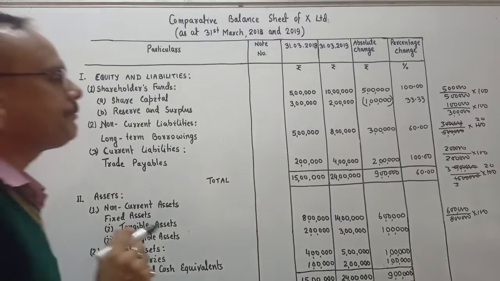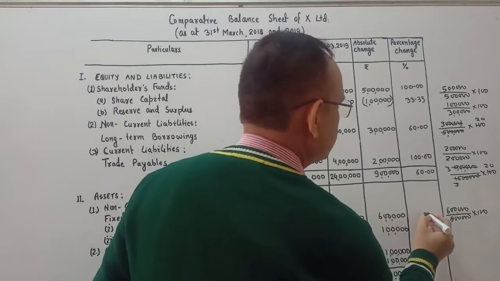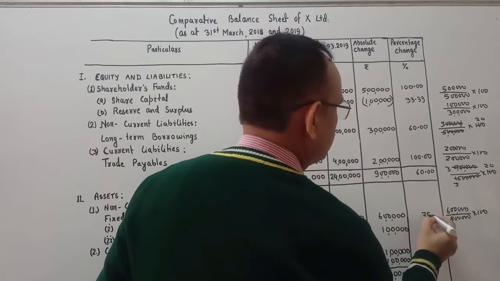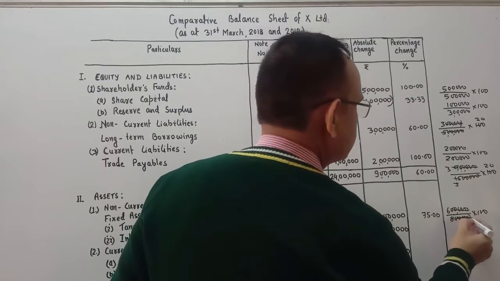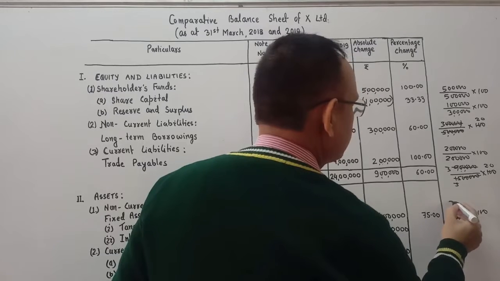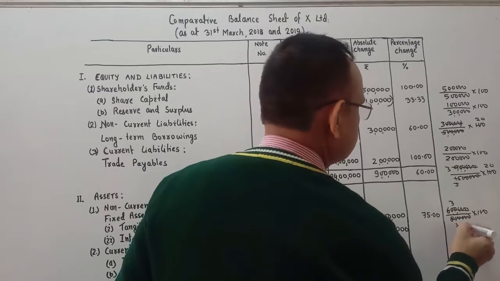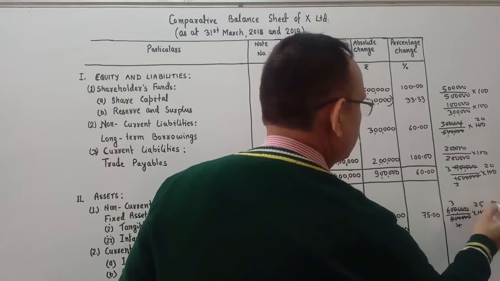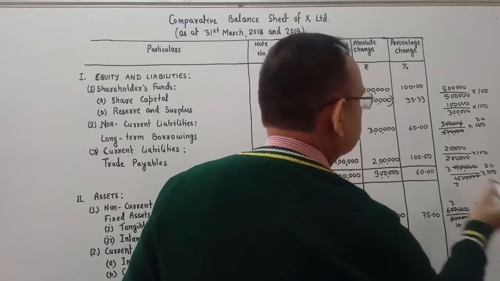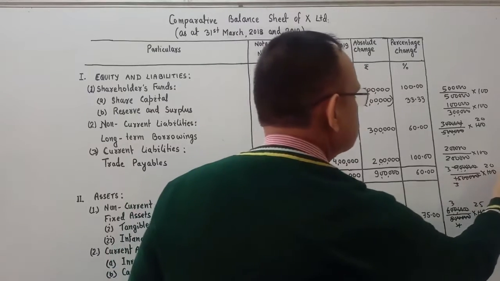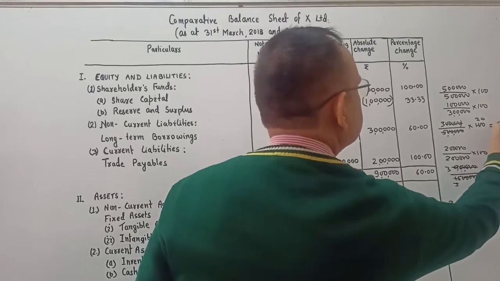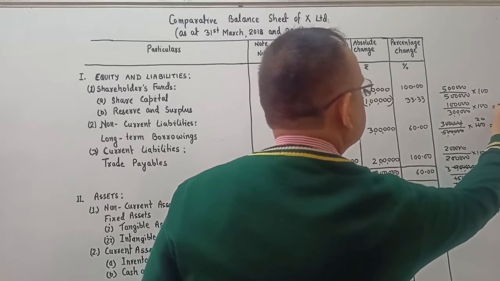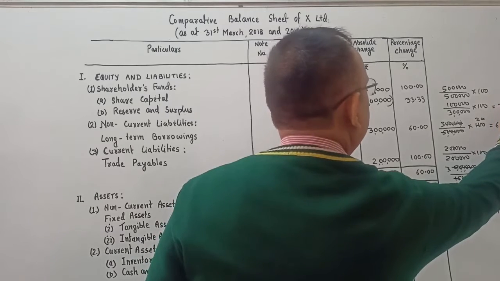So it is 75%. Okay, here it is 60, here it is 100, here it is 60, here it is 33.33, here it